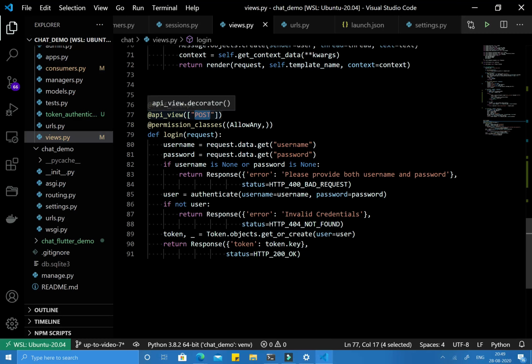That's why we are using the POST method, and csrf_exempt is required because we are not going to use the session at all. I'm not going to explain this whole function because it is already explained in my dedicated video on token authentication, so just go there and check it out. Now the login API is ready. We just need to use that login API to get the token, and that token we are going to use in another way, like loading the page and also connecting to the WebSocket connection.